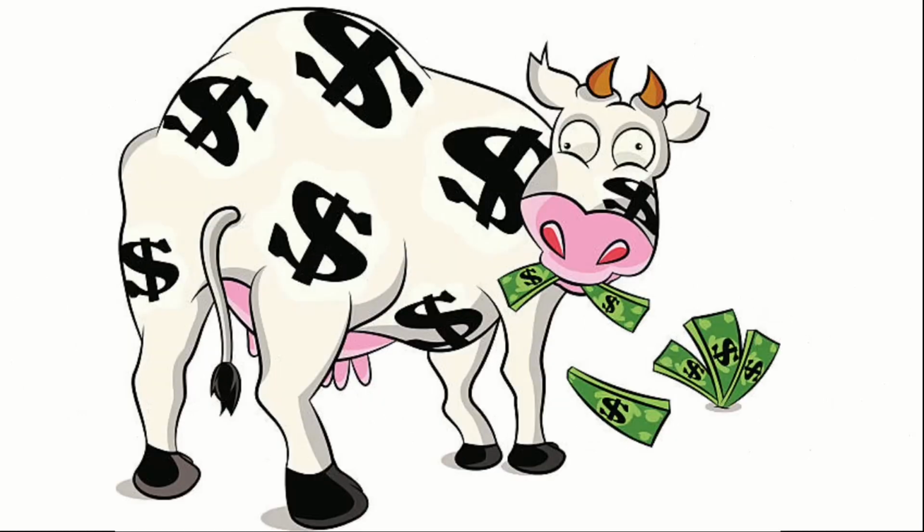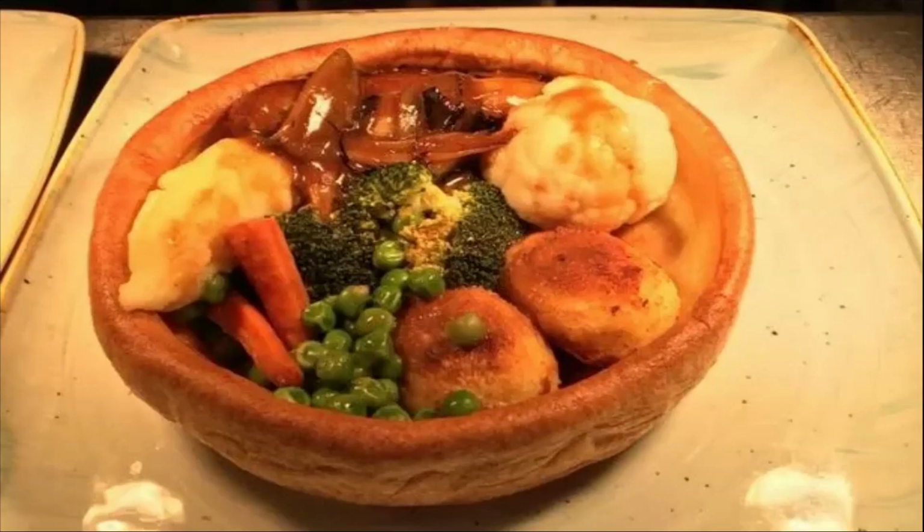I toyed with the idea that if there was large-scale and long-distance cattle raids in the past, there could have been large-scale and long-distance cattle trading as well. If a man's wealth is measured in cattle, what do you spend it on? I'm not totally convinced by this argument,